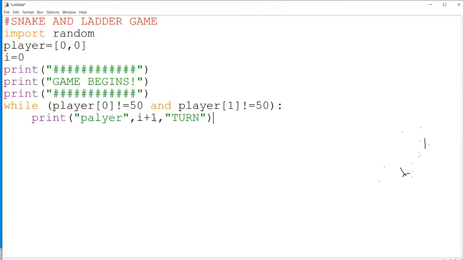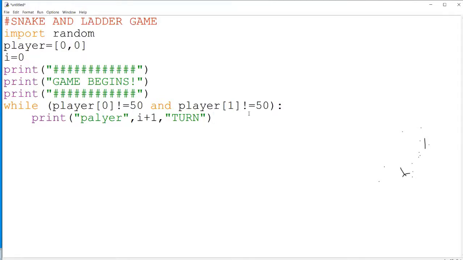If i is 1, that is the change we need to do in the program. How to change the i value from 1 to 0, 0 to 1? This is a shifting of the value, 0, 1, 0, 1 should happen, because one time player 1 throws, one time player 2 throws. So we need to update the value of i in the program according to that. That will come in the end. As of now, the i value changes from 0 to 1, 0 to 1 every time. When it is 0, it is player 1 turn. When it is 1, it is player 2 turn, because 1 plus 1, it is player 2.